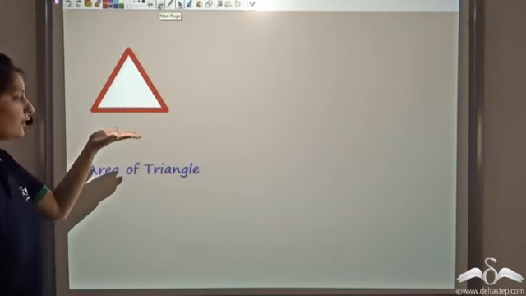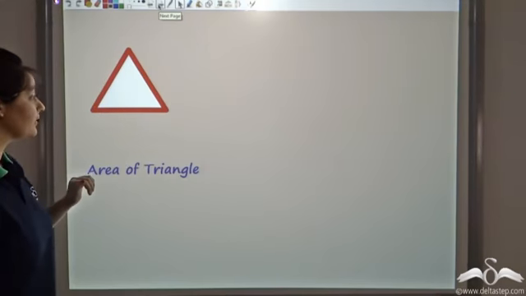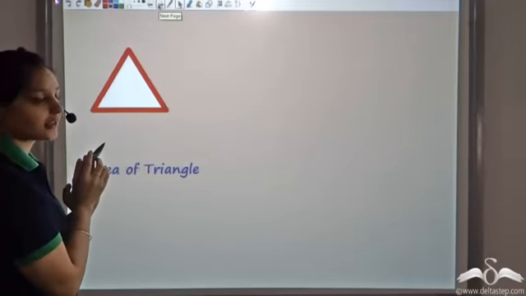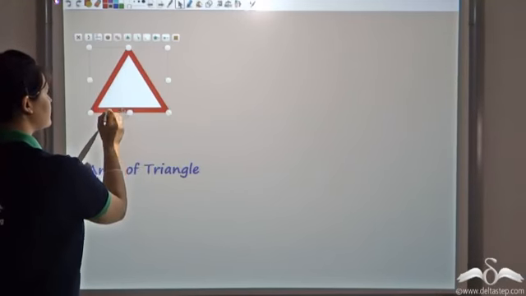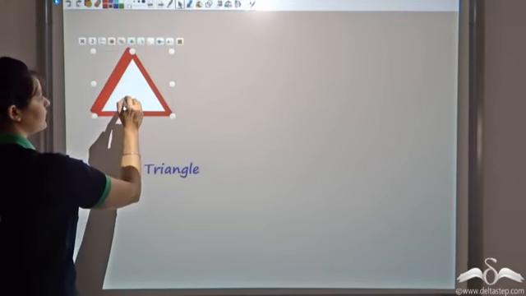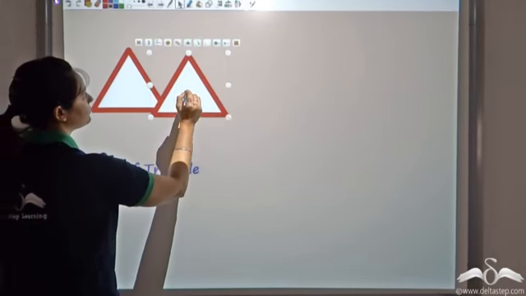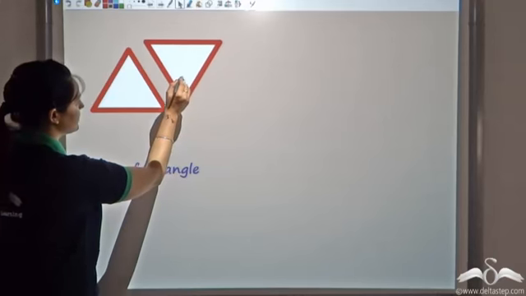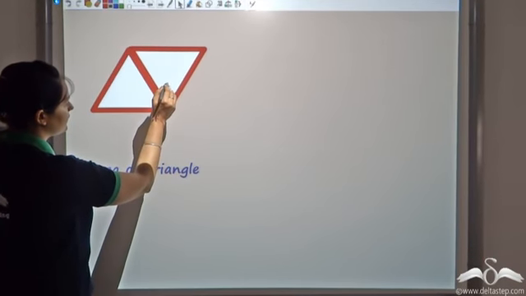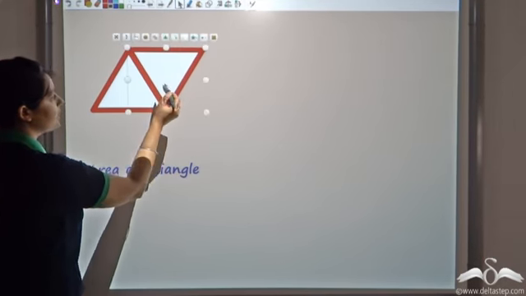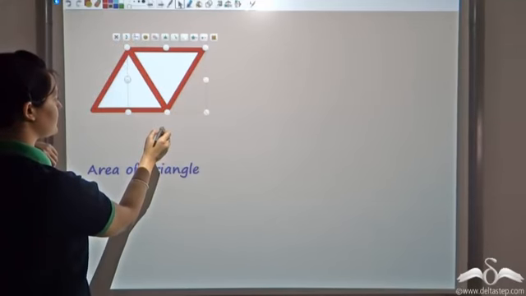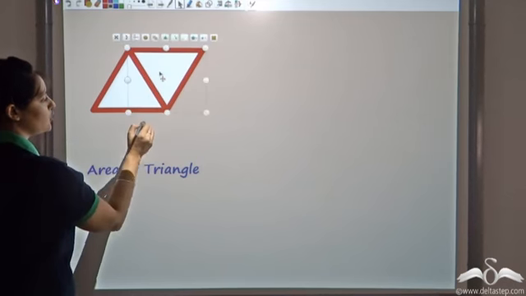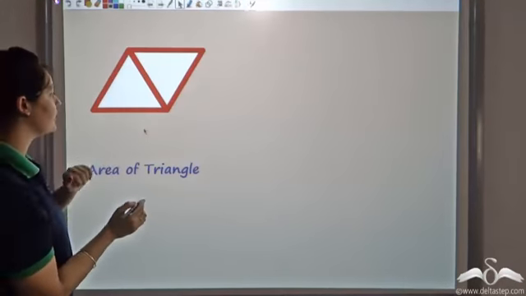So how would you find the area of a triangle? We have this triangle and we want to find its area. We want to find the white region that is inside it, that is the area. So I select this shape, I take a copy of it. So I get two triangles now. I rotate this triangle such that it inverts itself and then I bring it towards the first triangle. Now I join it in such a way that it becomes a parallelogram.